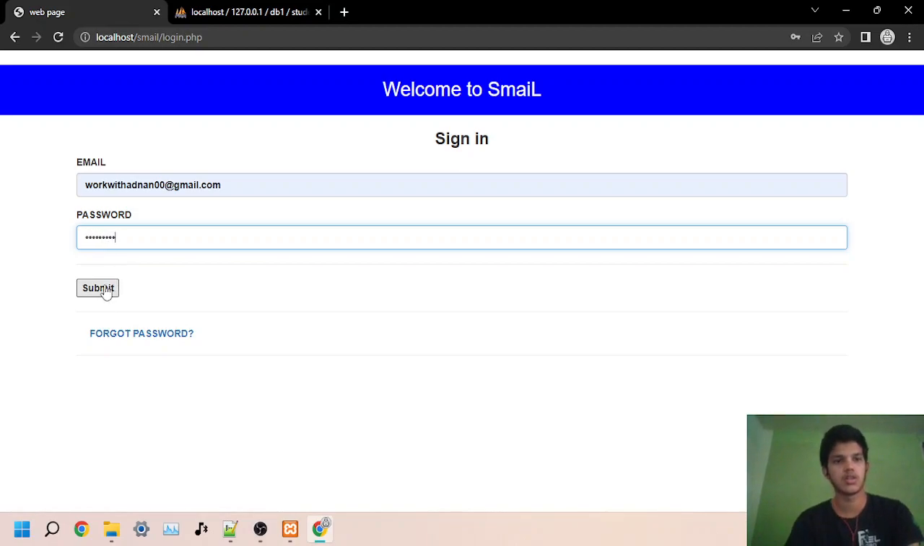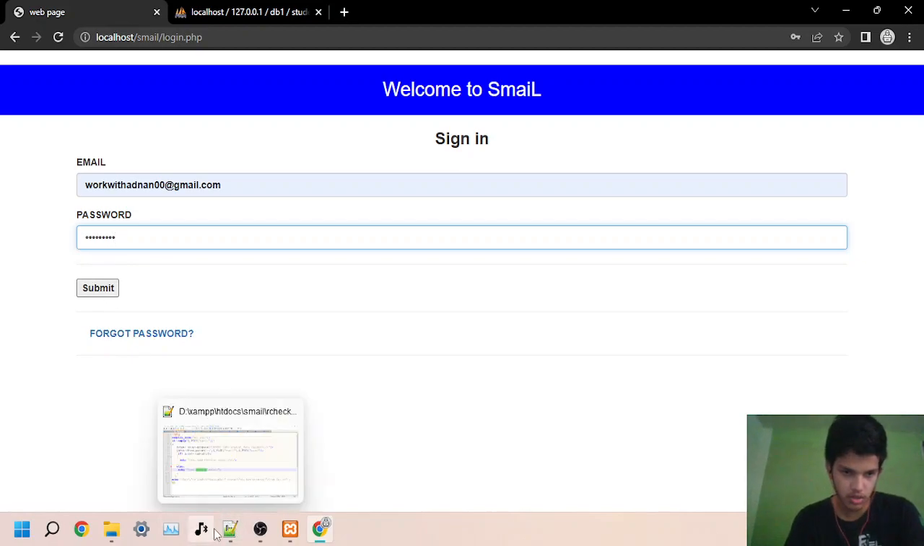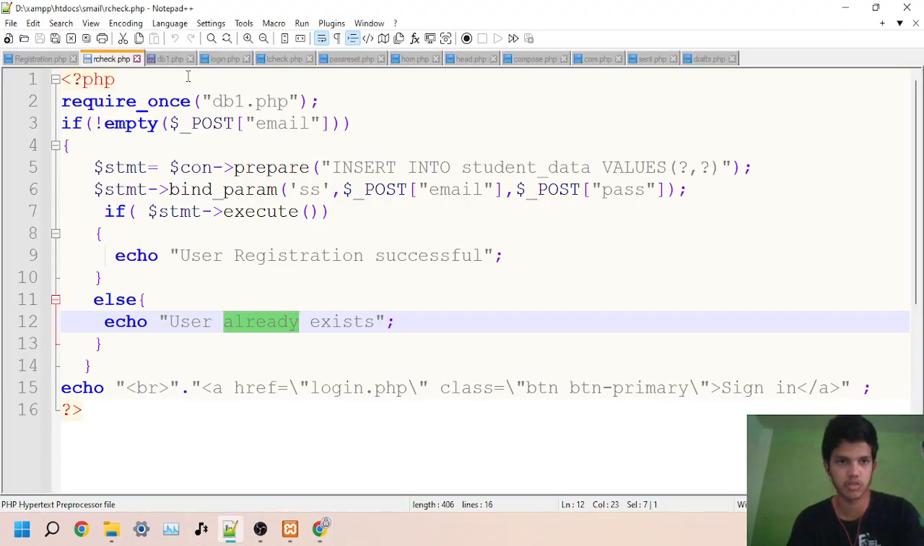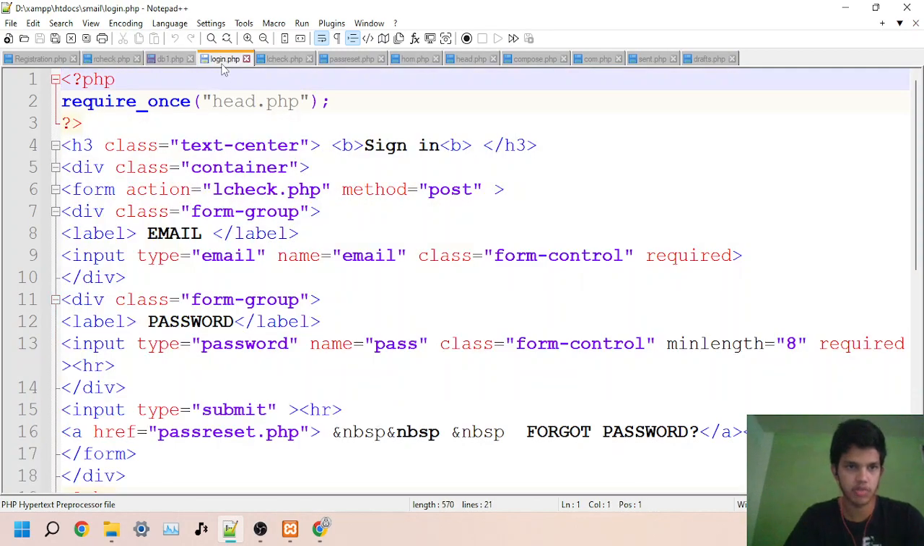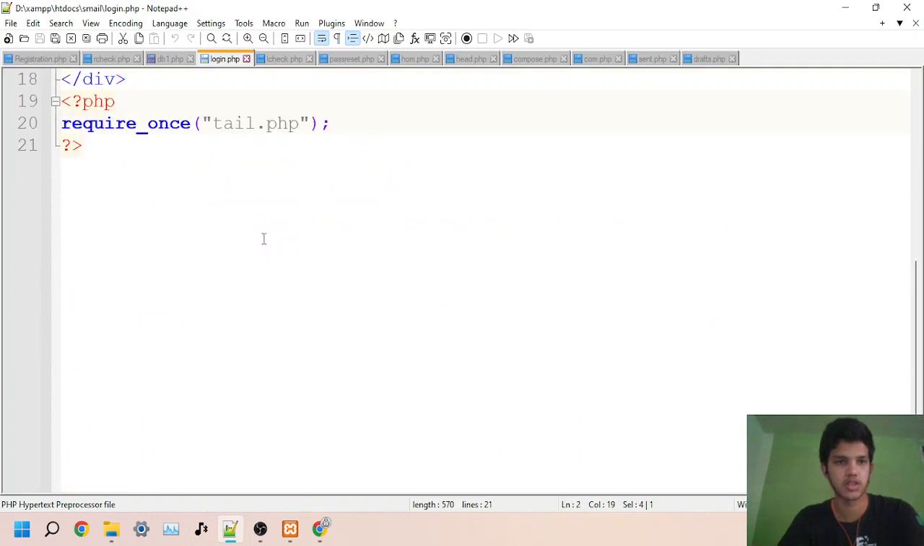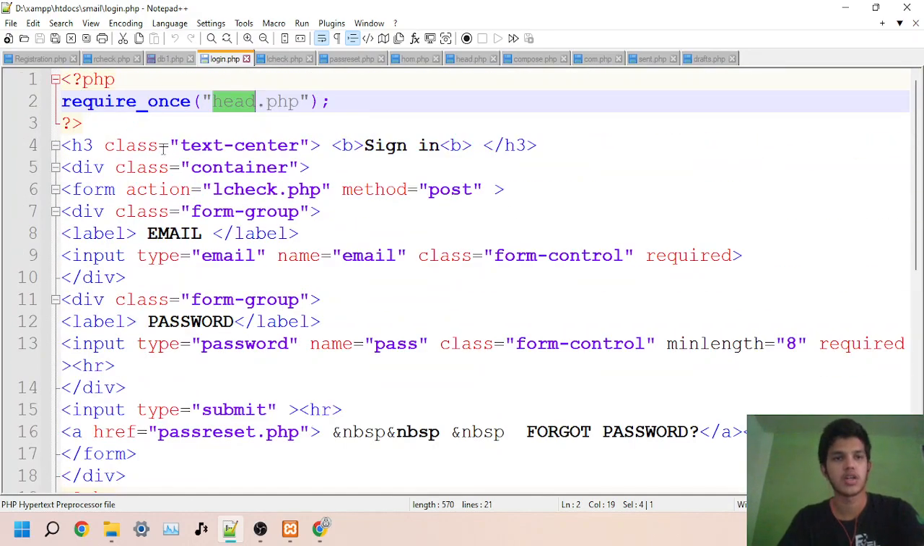Okay, let's go to submit. First of all, before we go to submit, let me show you how the login page is. In the login.php, I added the head.php as well as the tail.php, and in that